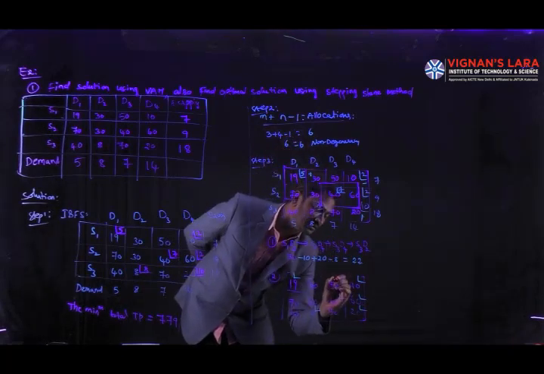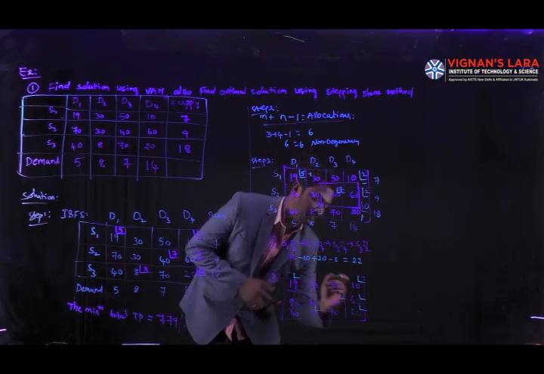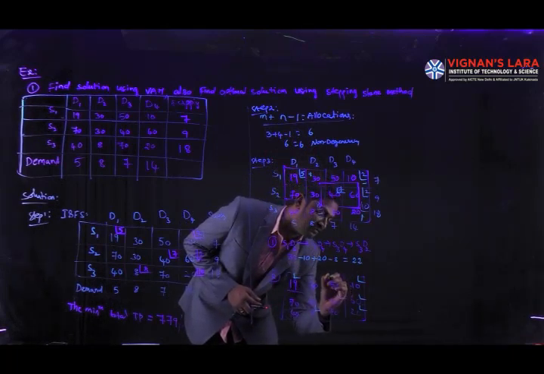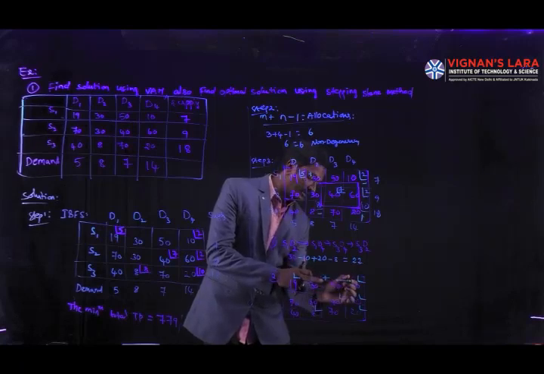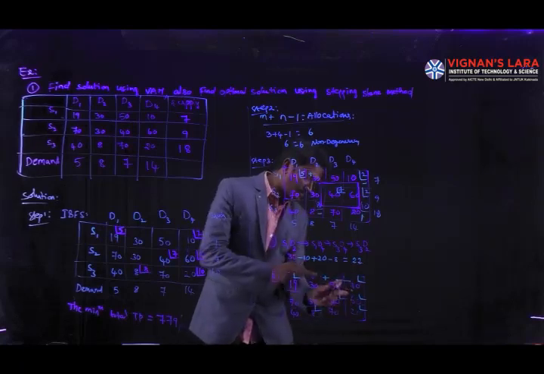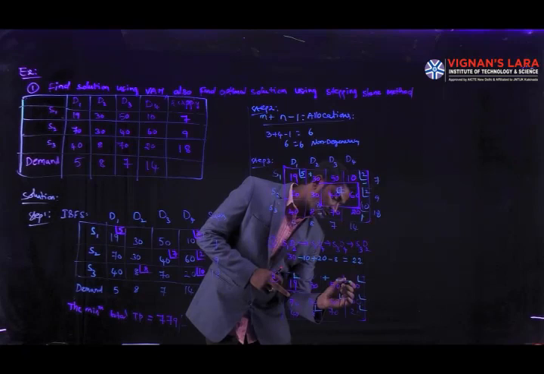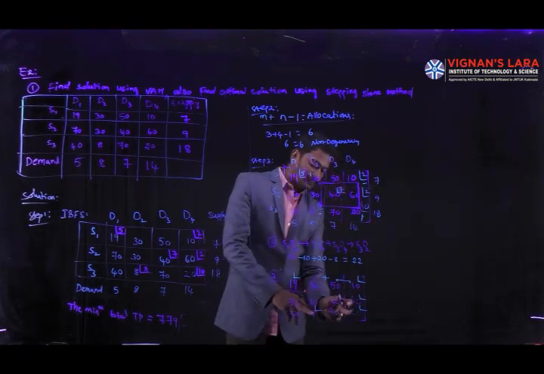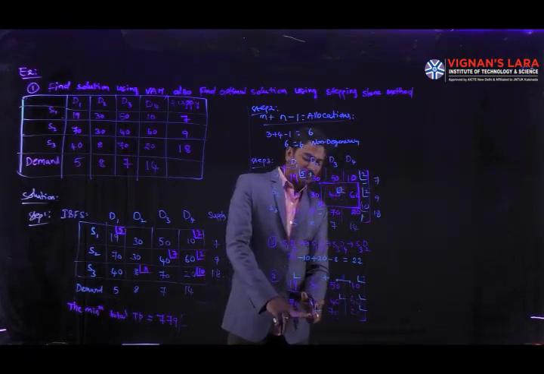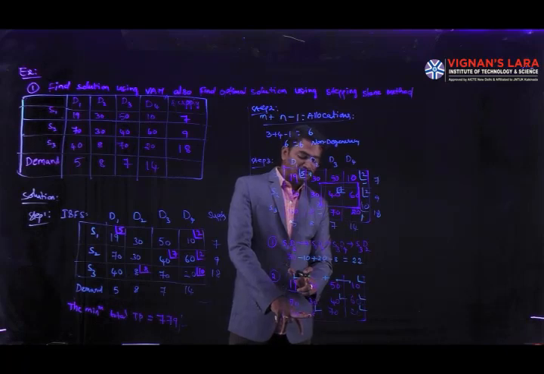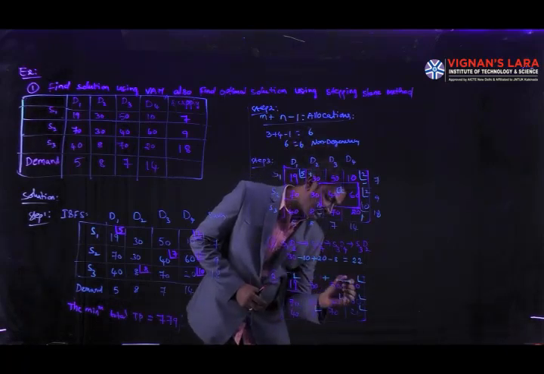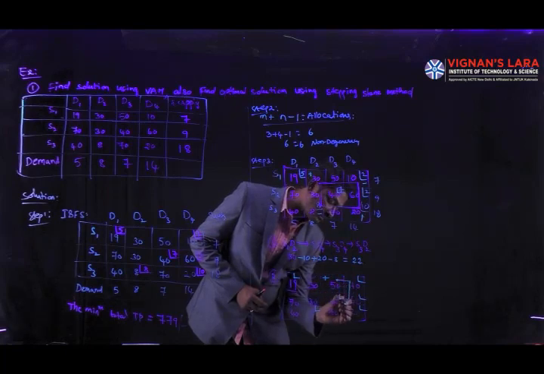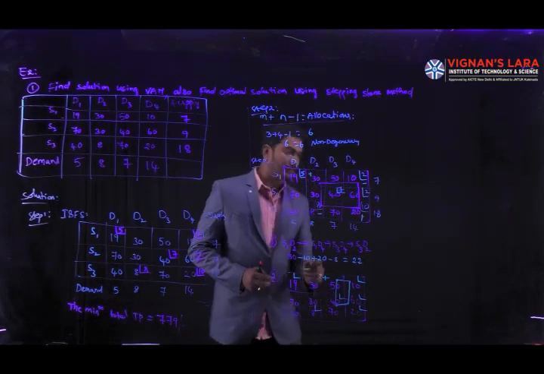Here we start the loop, and we give a positive sign for this loop. Next, allocation is there. From here to here we came. Again it reaches here, and we have another unallocated cell, so it is not possible. So we start here and we end here. Next again we came to here and here.